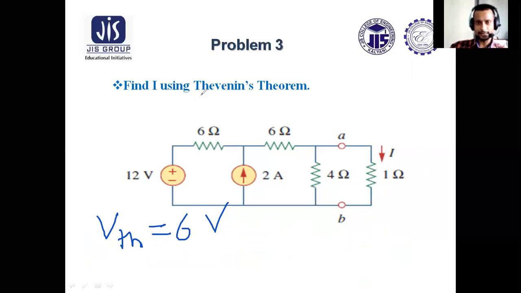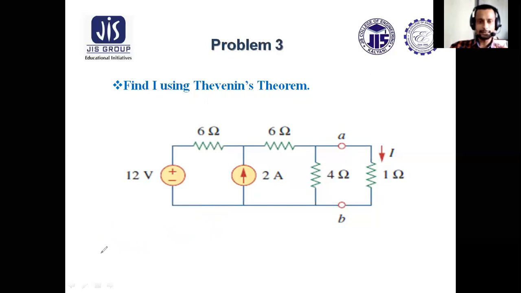First, as we are asked to solve this problem using Thevenin's theorem, first we need to find VTH. So remove the load. We started finding VTH. While finding VTH, we have two sources. So we'll consider each source separately and find VTH for each source. Later we'll take the algebraic sum to find VTH. So we are applying Thevenin's theorem, but in between we need to apply superposition theorem as well.